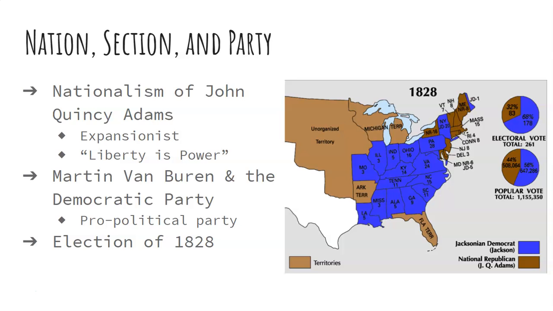This was actually shown in that Adams negotiated a treaty where the United States acquired Florida from Spain, and he also created an agreement with Great Britain that fixed the Canadian-American border at the northern boundary of the Louisiana Purchase. Adams held this view, though, that the federal power was far more expansive than most of his contemporaries.